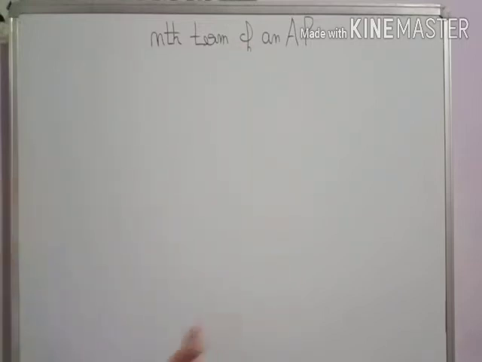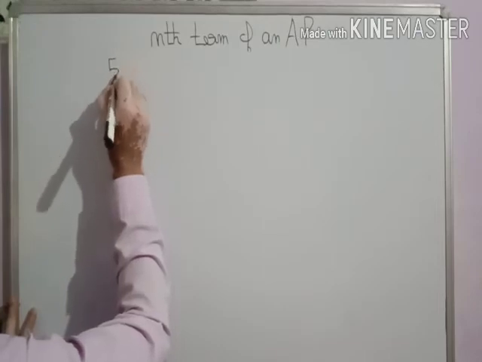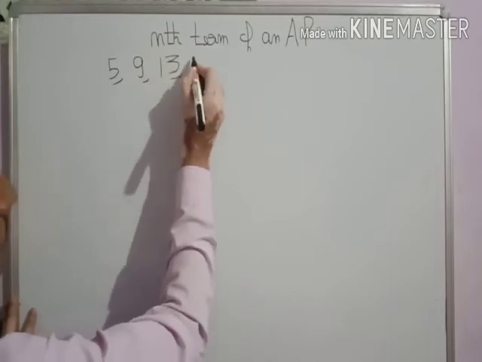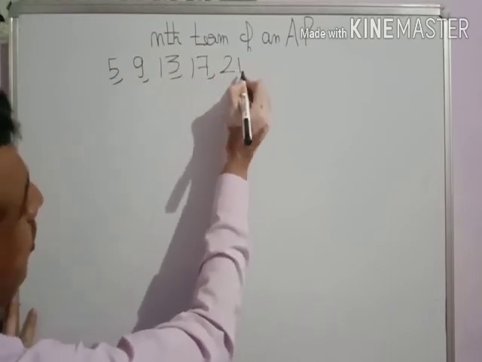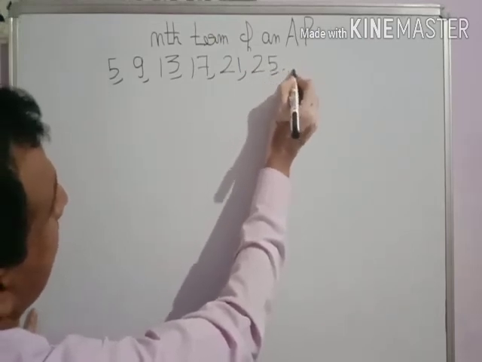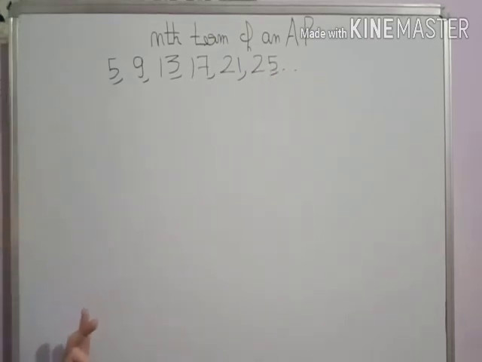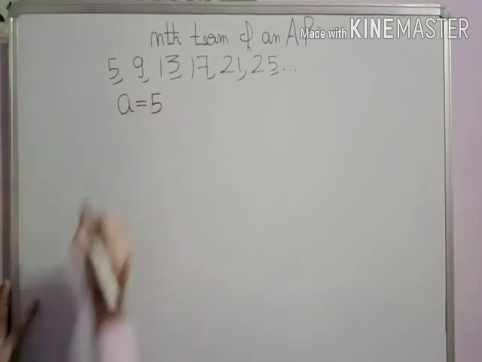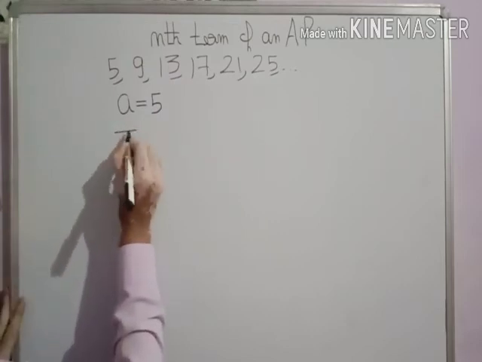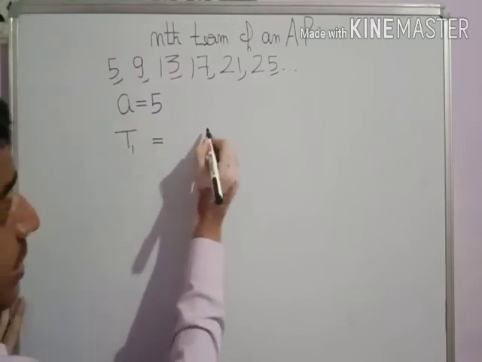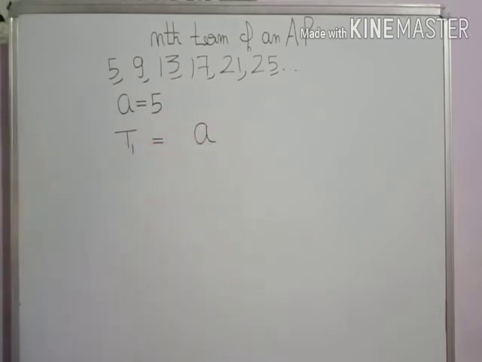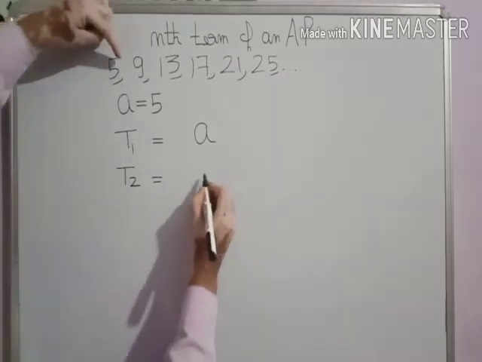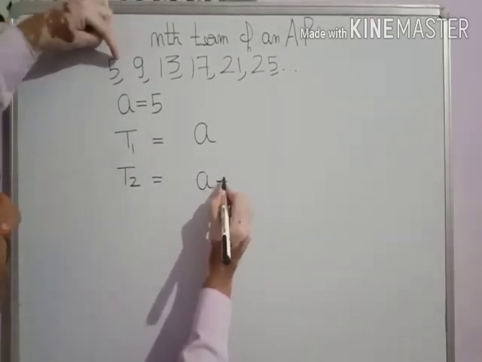I will take one example of an AP. Take here 5. 5 plus 4, that is 9. 9 plus 4, 13. 13 plus 4, 17. 17 plus 4, 21. 21 plus 4, 25, and so on. Here A means the first term, here it is 5. If I ask you how to get T1, you will say, sir, T1 equals A, I mean 5. If I ask you how to get T2, you will say, sir, A is 5 plus D,